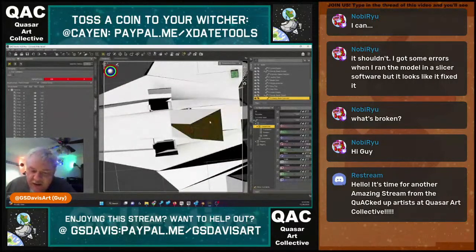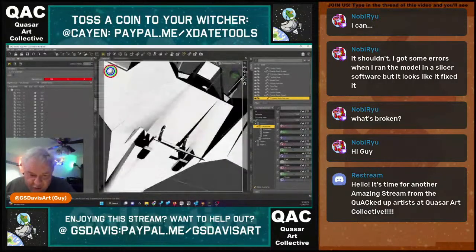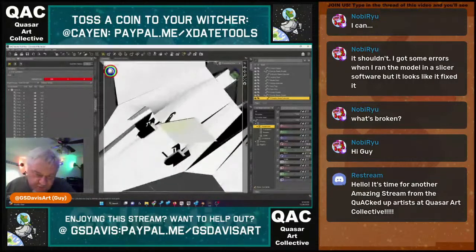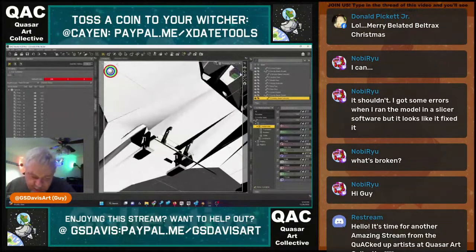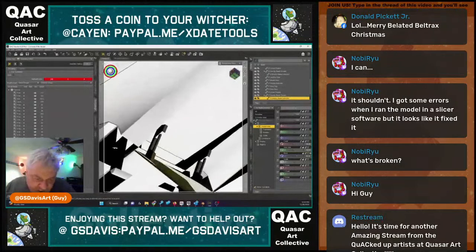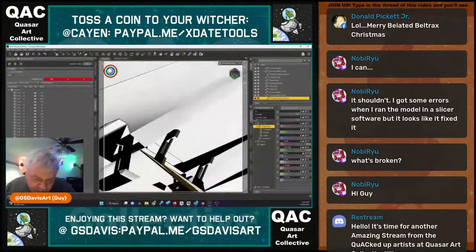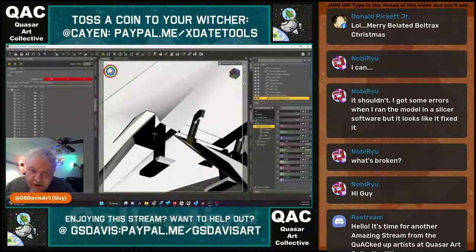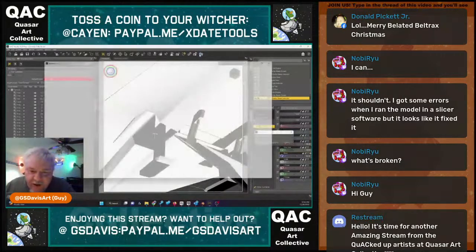The problem I'm running into is sometimes I'll flip these normals and it's flipping the normal on the inside like this. It shouldn't be doing that, but it is. So this is part of where I'm having a problem. I'm selecting the polys on one side and it's bringing the polys through from the other side, and that's an issue. This isn't a real big problem with Daz necessarily, because hitting render on the render farm,